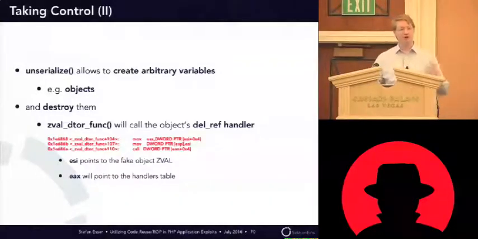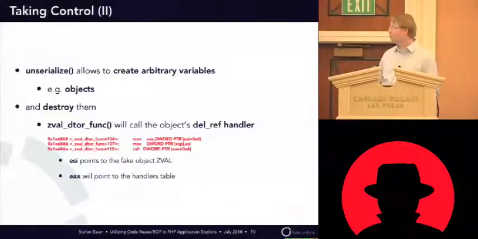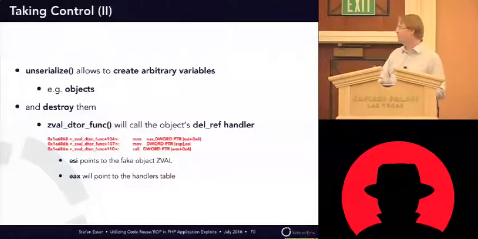You saw how we created a fake string. Fake objects are more or less the same. And once you have created the fake object, you want to destroy it. The reason for that is when a variable is destroyed, it will call this zval_dtor function in the end. And in case of objects, it will go to the object handler table and use the second handler, the delref handler, and will delete it. When you look at the assembly, you will see that when this is called, the ESI register is